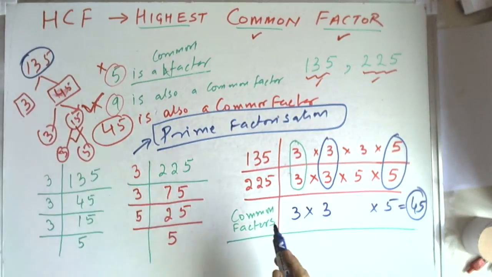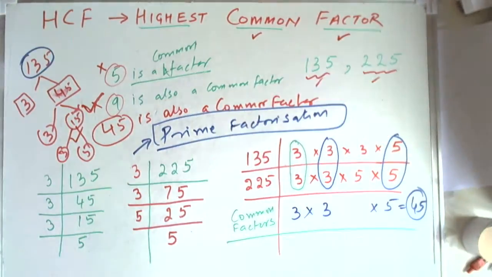and then we have to see what are the common factors. Multiply the common factors to get the highest common factor. So what we have learned in this video, we have learned what is HCF, highest common factor. It is a common factor for the given numbers and the highest among the common factors. There can be many common factors, but what we have to find is the highest common factor for the given numbers, and it can be for a pair of numbers or for more than two numbers also.